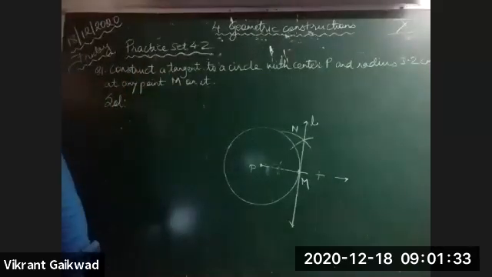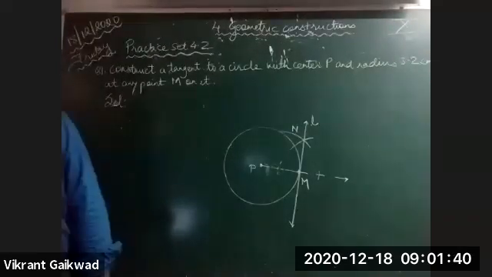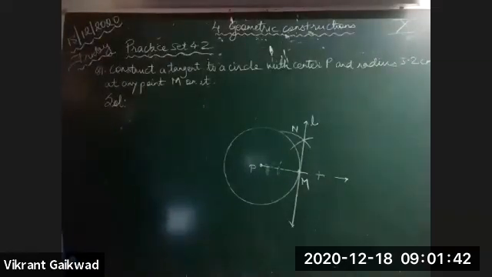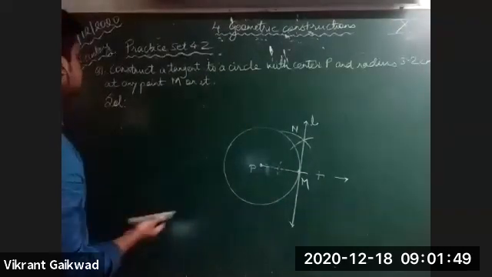Remove the screenshot of this so that we move ahead to the next question. The next question is the same. Draw a circle of radius 2.7 centimeters and draw a tangent to the circle at any point on it. Okay, so I'll just erase this now.